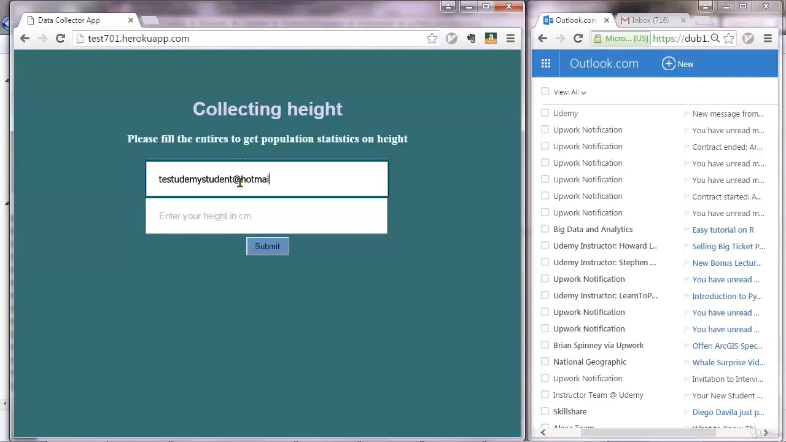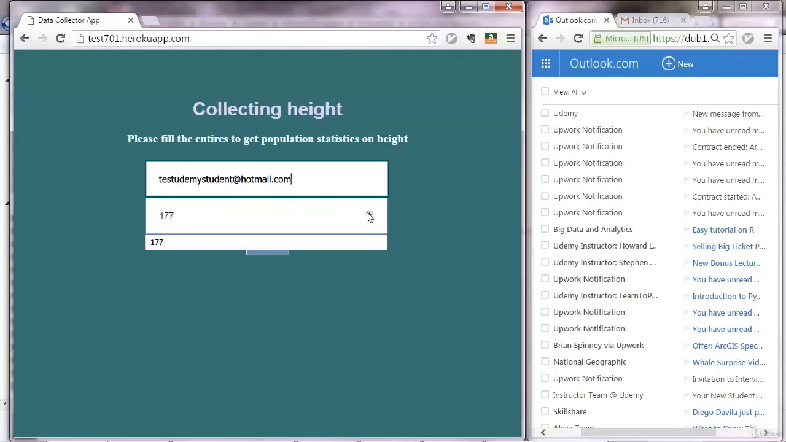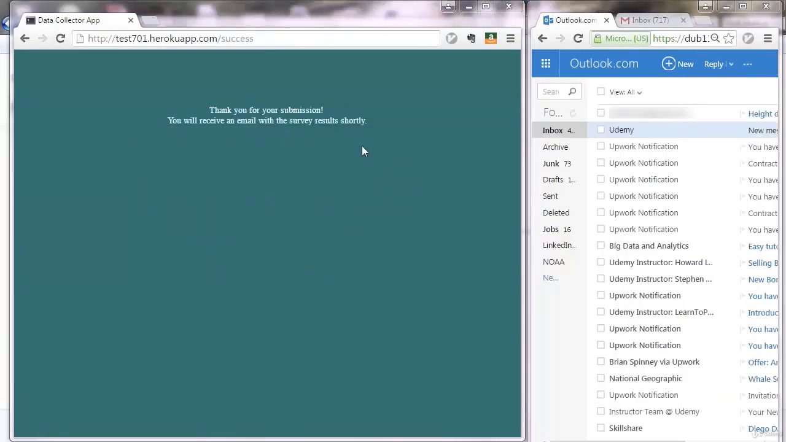And yeah, let me test this. So you may want to pass your email address there and your height. This also has some restrictions. You cannot pass a height of more than, let's say, 3 meters. And you press submit. And yeah, once that is successful, the user will be sent to a success page. So they get the confirmation that their submission was successful,